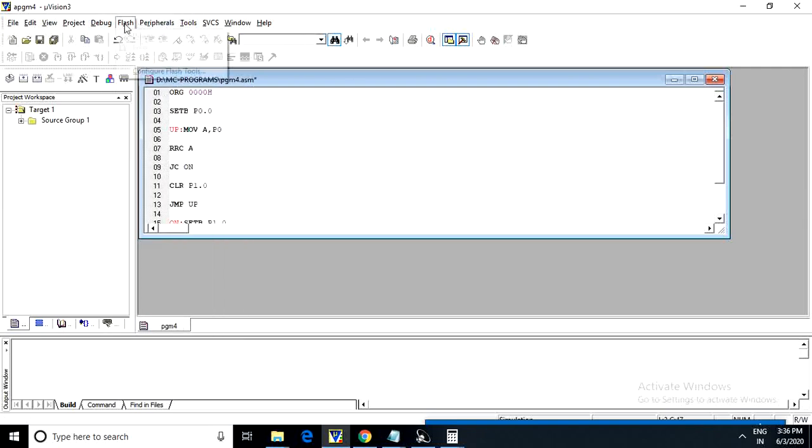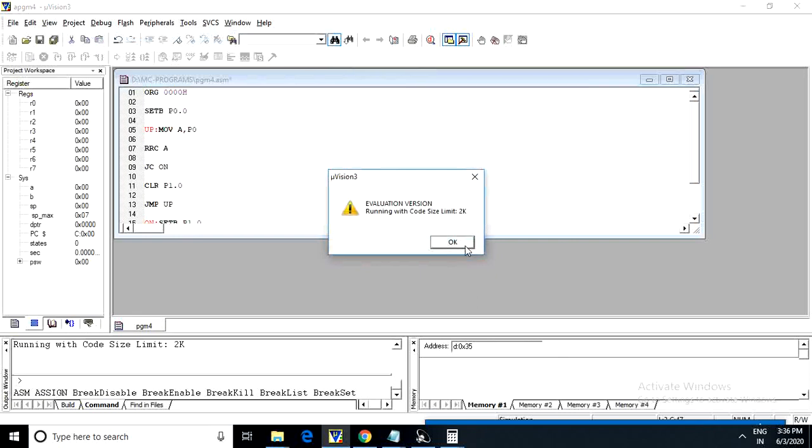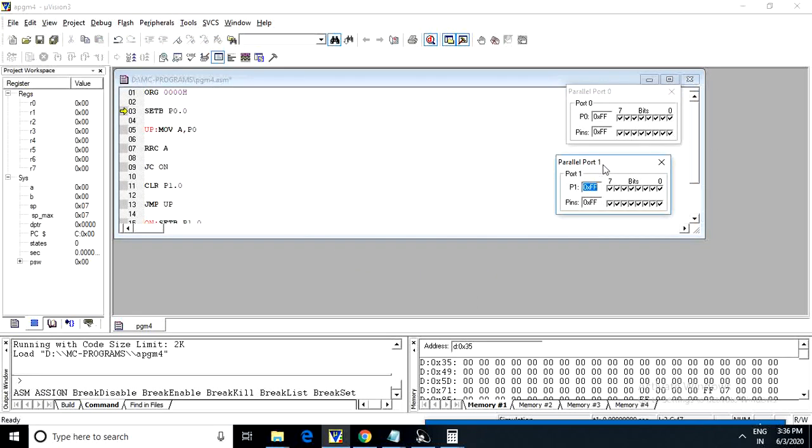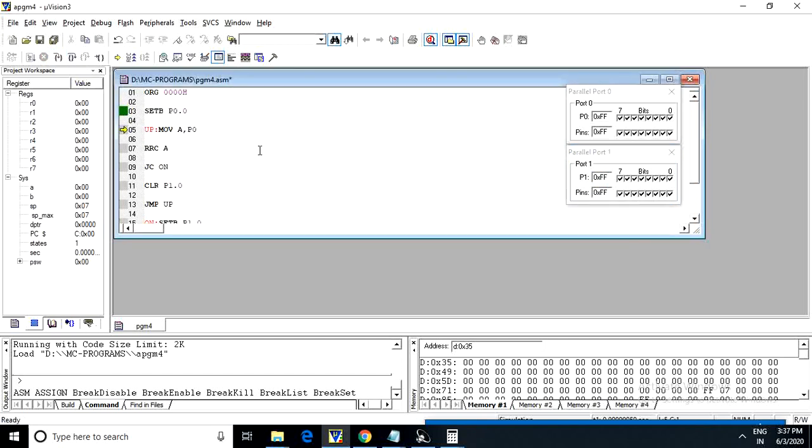Here I need to check the contents of the peripherals, that is, I am using port 0 pin 0 as well as port 1 pin 0. Now the set bit instruction actually configures a port. When I say port 0 pin 0, it is the last pin. Let me assume it is 1. So whatever is there in port 0, that is FF, it will be moved to the A register. A has become FF.